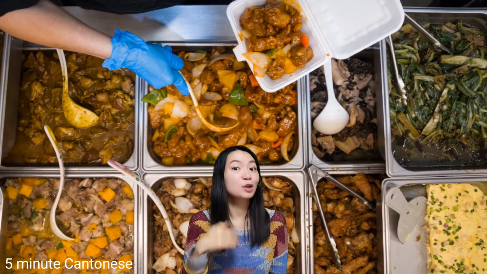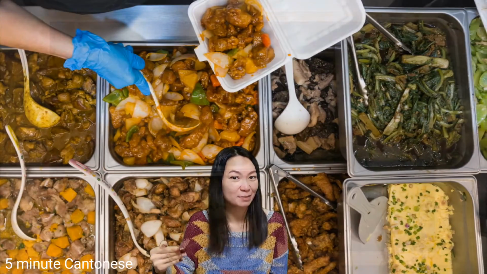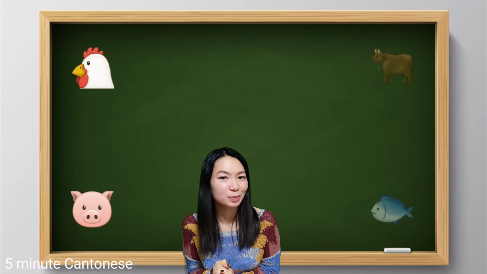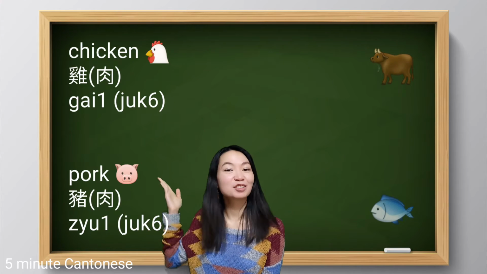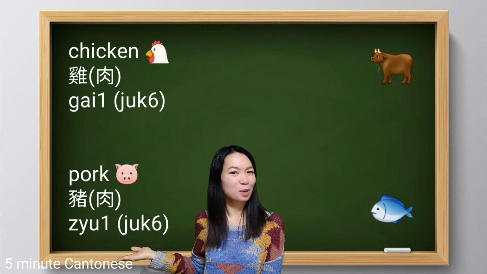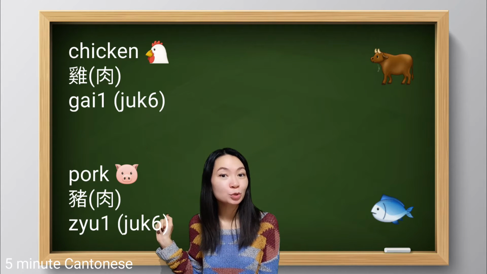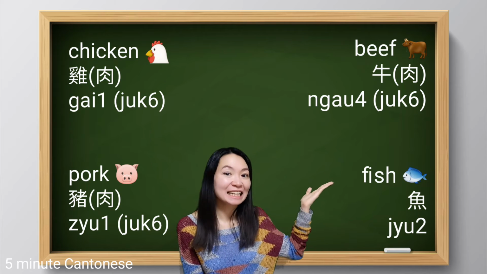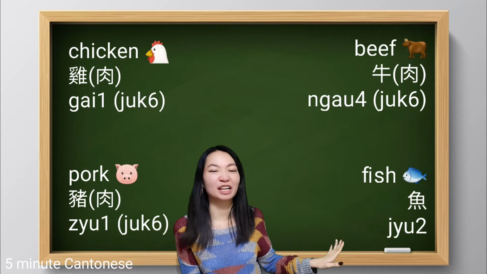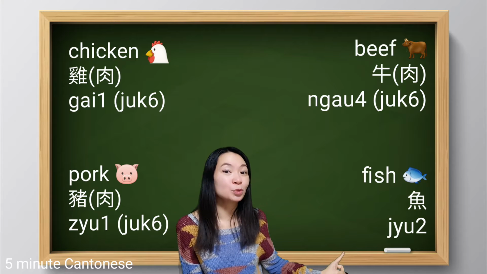Let's make it precise. For example, you don't eat certain things, so you need to know what dish it is. Normally, for two dishes rice, you can only find these kinds of meat and seafood. Chicken, 雞. Pork, 豬. Beef, 牛. And then for seafood, you can see only fish because the others are too expensive. 魚.